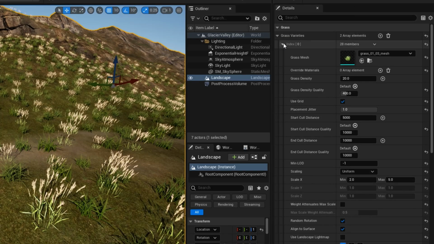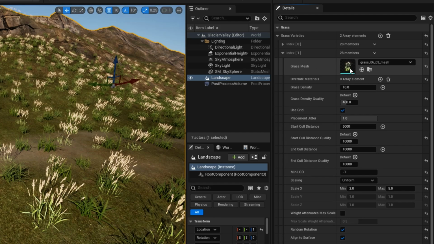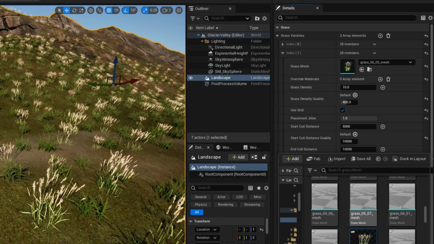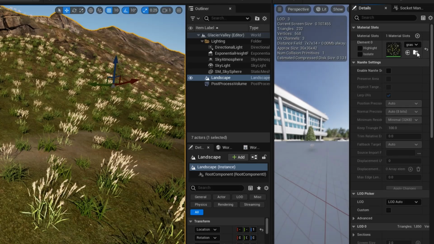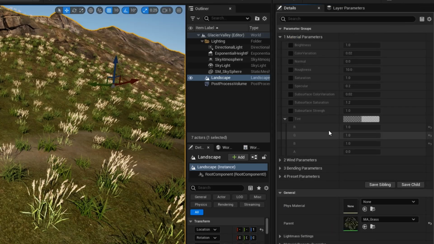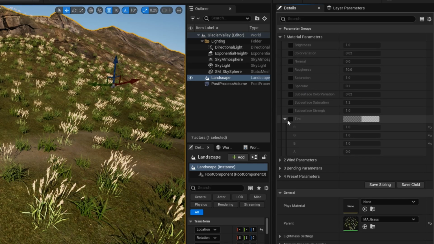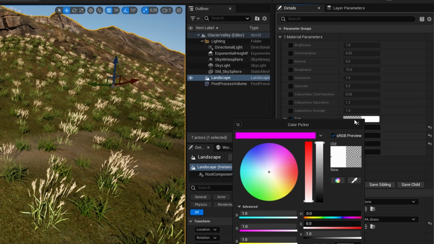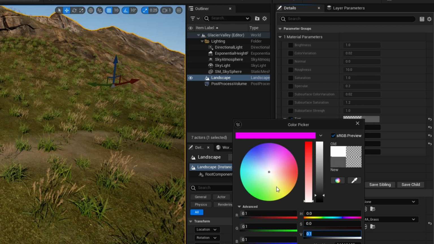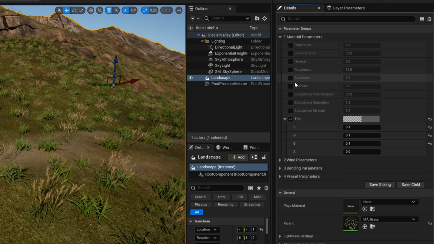Now let's go to our second grass here, this wheat grass, and do the same thing. So browse to the mesh, open it up, browse to the material, open it up, and again you've got the same sort of parameters here. So let's start off with the tint here, and I'm going to make this 0.1, and you can see straight away that's blended in here. We don't need to do much more than that. Again, maybe I'll just change the specular and the subsurface strength to 0 as well.